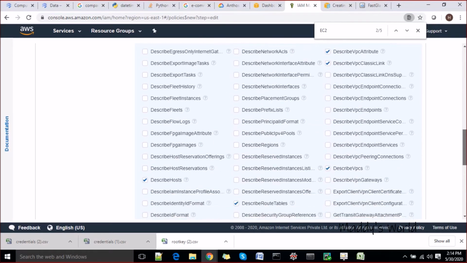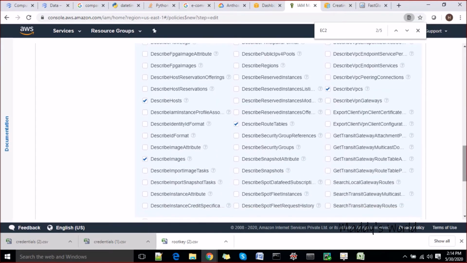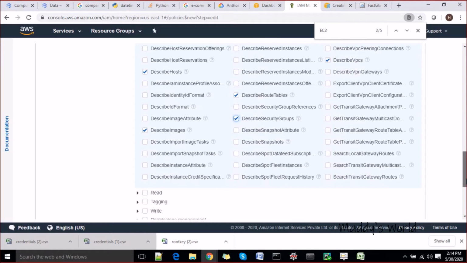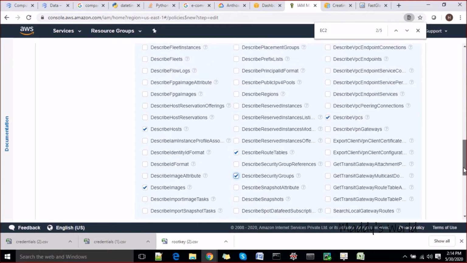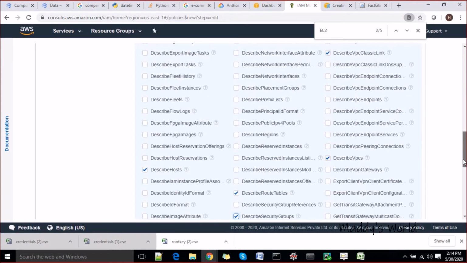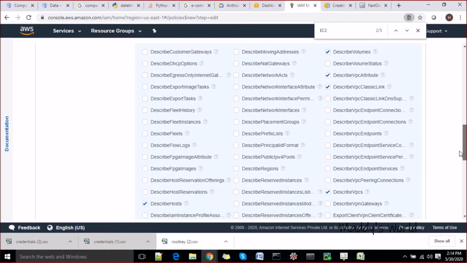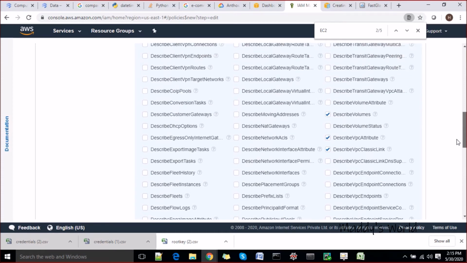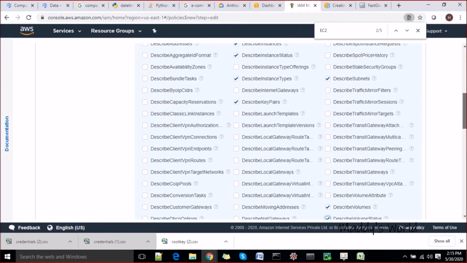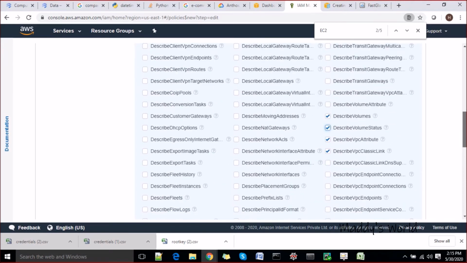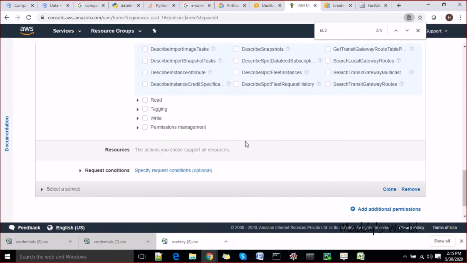I'm not taking it. Describe security groups. Okay, describe transit gateway. I don't need endpoints. Let's take this too. Okay, that's fine. We have taken enough of the describe options.